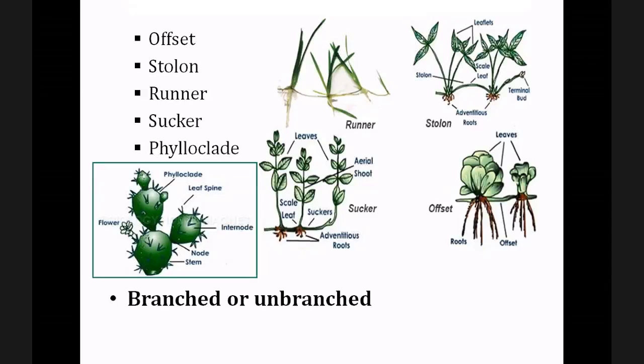This is the subaerial stem modification. They have only one internode. This internode forms from the leaf base of the leaf axil. So this internode grows horizontally a little, then forms a rosette of leaves as well as adventitious roots. The examples are Pistia and Eichhornia. The next one is the stolon.